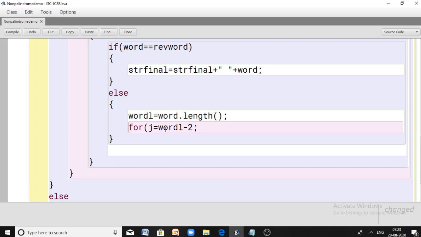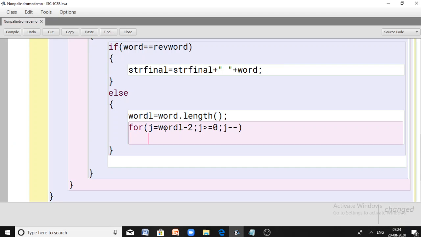Then when you are coming in reversed order, j can go up to 0, or greater than or equal to 0. Then you decrement j by 1, because you are starting from the rightmost character. That means last index to first index. In that case, your looping variable should decrement from the index of the last character to the first character. Right? Now you extract the particular character one by one from right to left, excluding the last character, and gather it in another word.